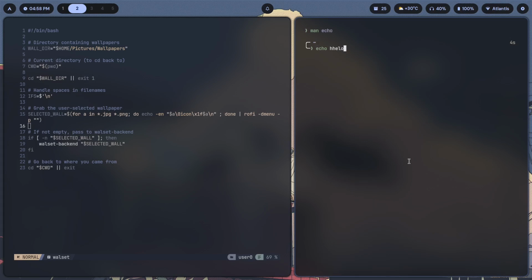What's that going to do? What it's going to do is just, couldn't spell hello there, but yeah, it echoes a new line so that the prompt goes to the next line. But when you do echo -n, it doesn't do that. And you see this little % sign. That's basically saying that there is no space and that ZSH has just pulled the prompt to the next line